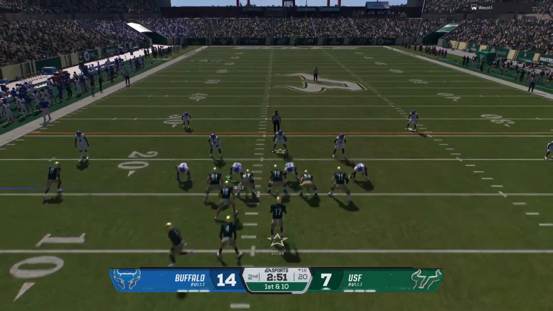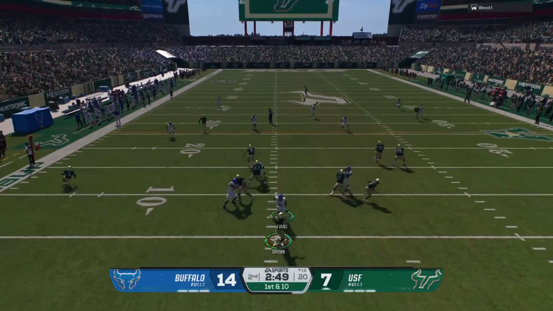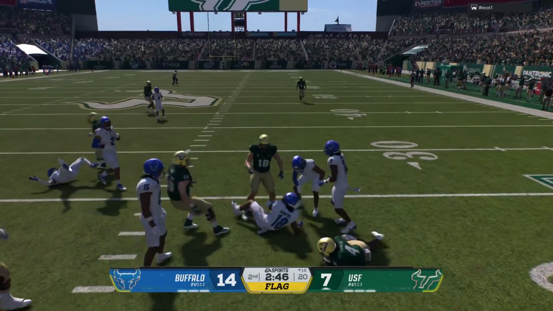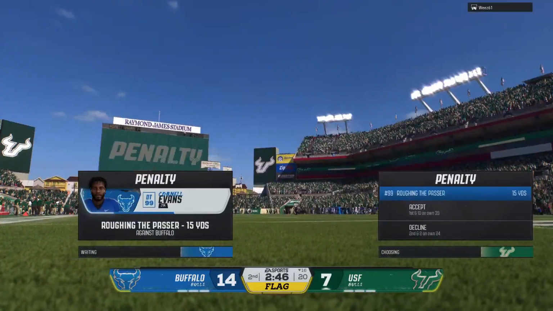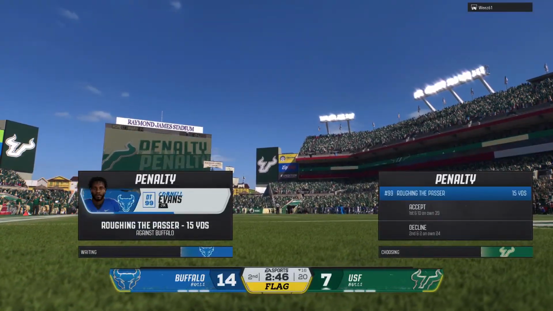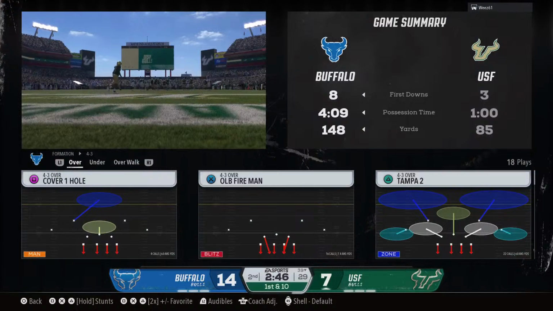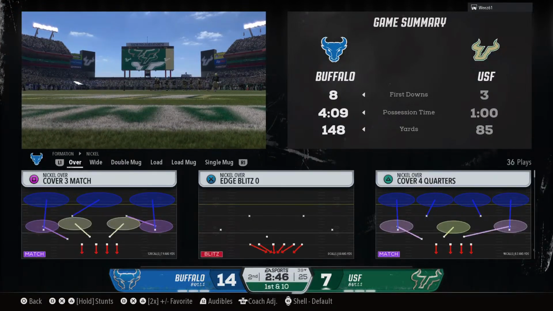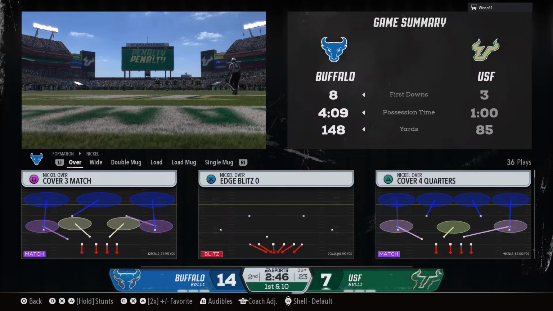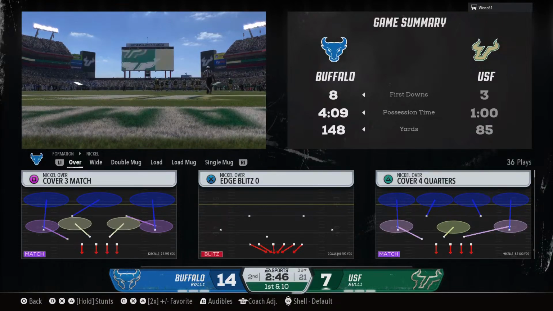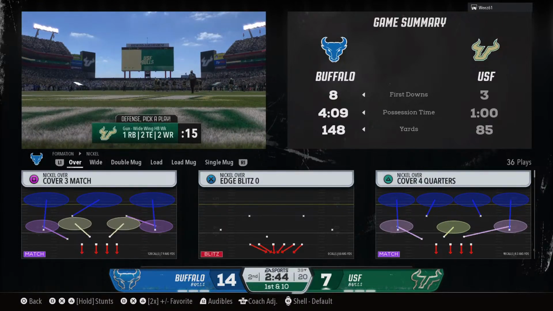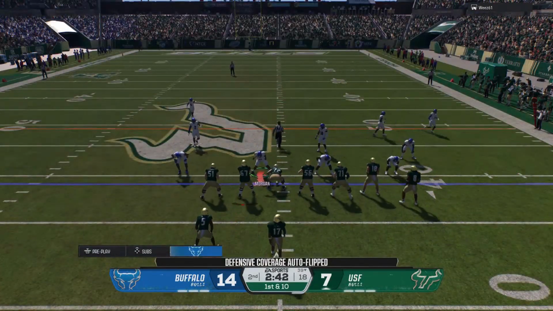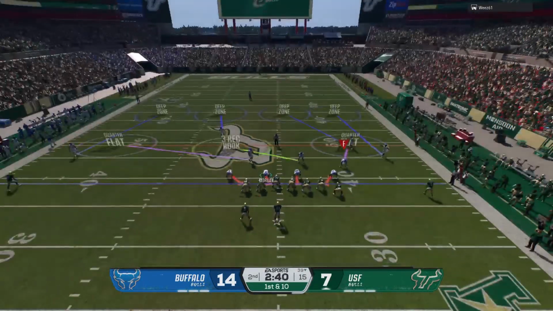Motion from the back. They're going to open this drive with a pass. Caught in the backfield. It's Franklin. They make the stop, but there is a flag on the field. We'll see what that's all about. I bet it felt good to hit that quarterback late until you got an earful from the coach and cost your defense 15. Free yards. First down for the offense after that penalty.